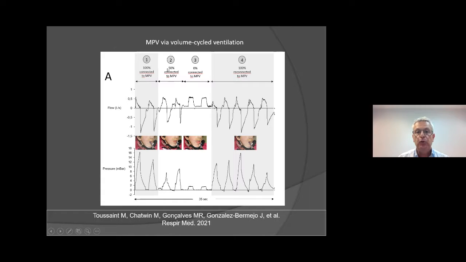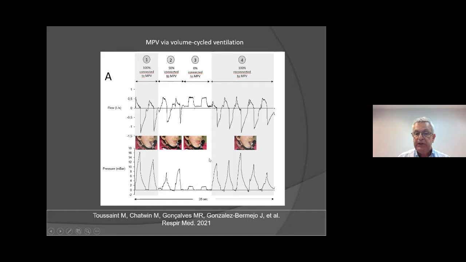But you see here, point 2, the patient is 50% connected, meaning that 50% is leaking, so going in the air of the room. Interestingly, you see here, there is no flow compensation. And here again, with zero connection, so 100% leaking, there is no flow compensation. While here you see that the pressure is not given to patients because it is leaking. And as you can see here, when the patient is reconnected, the flow is